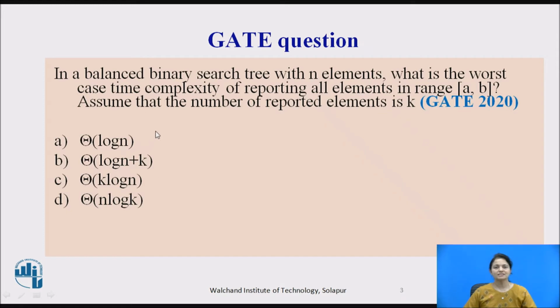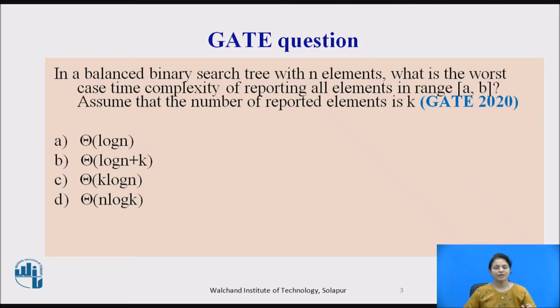In a balanced binary tree with n elements, what is the worst case time complexity of reporting all elements in range A to B? Assume that the number of reported elements is k. So basically the question is that there are nodes, an A node and a B node.